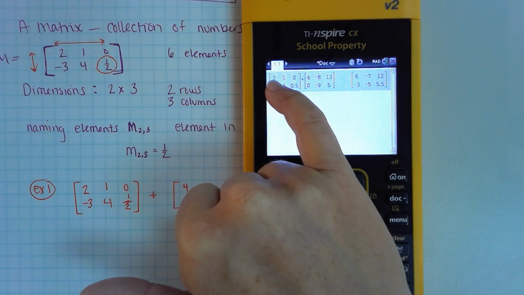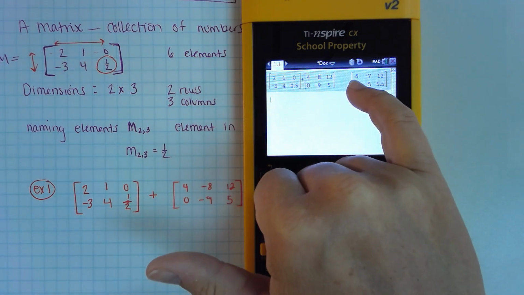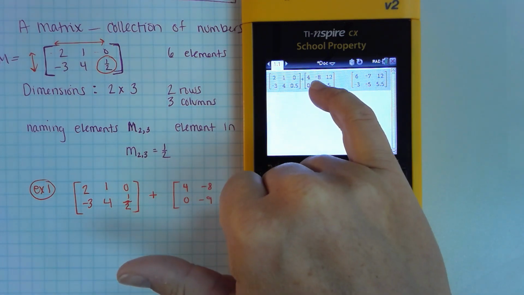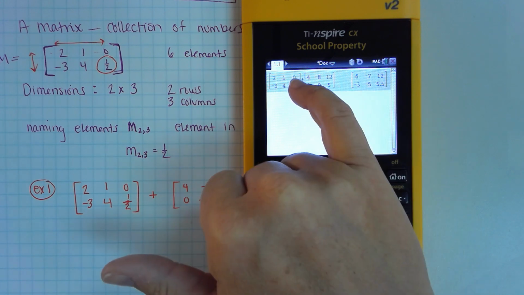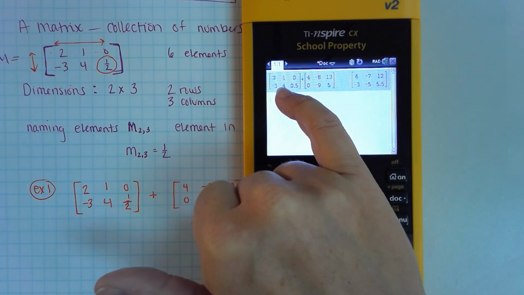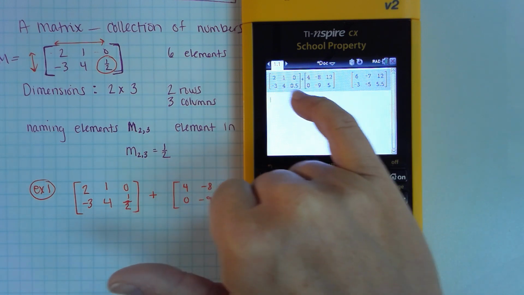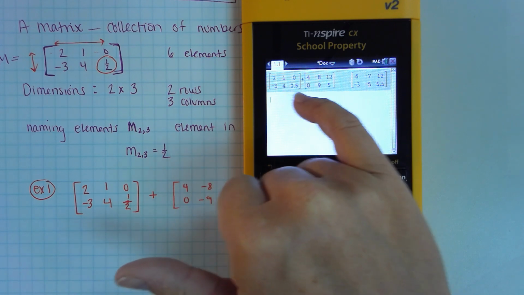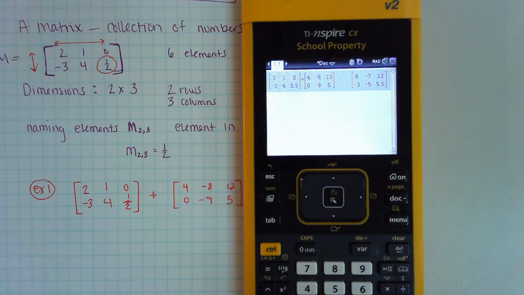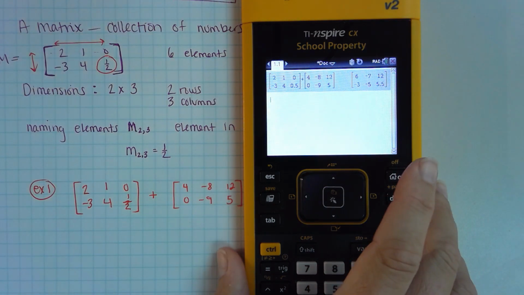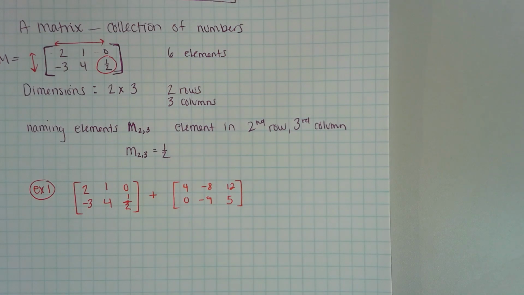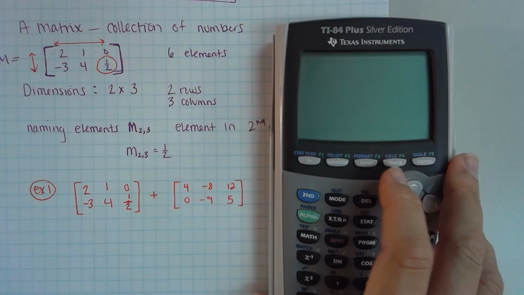And when you notice here, the 2 plus the 4 turns into a 6, the 1 plus the -8 turns into the -7, and these are things we'll talk about, but when we add or subtract matrices, we're just going to add or subtract their corresponding elements. But again, this is something you could answer on an ACT without even knowing that. You can just type the matrices in. Okay, so I'll set this calculator aside, and now I want to talk about your 84s,